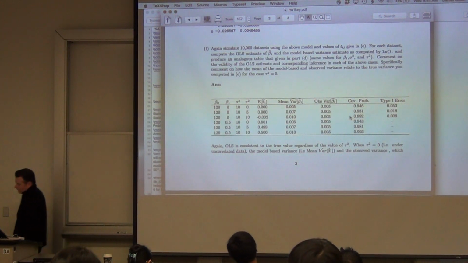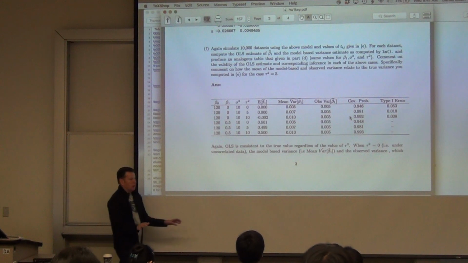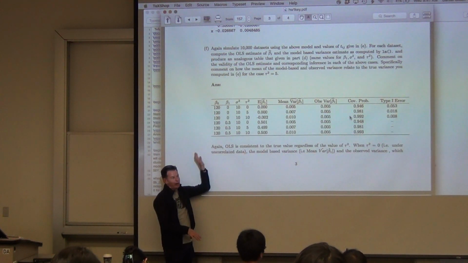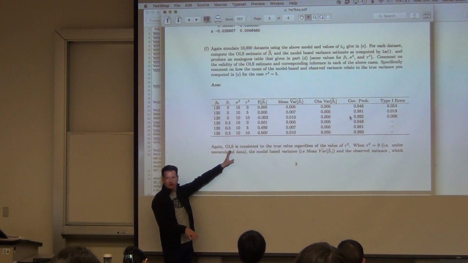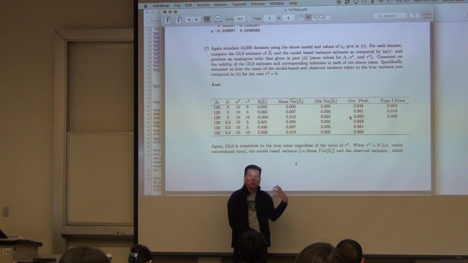Okay? So again, it goes both ways. Both of these are things that you want to avoid. This is making conservative inference, so you're basically throwing away precision in your data. The other one is basically assuming that you have more information than you truly do.